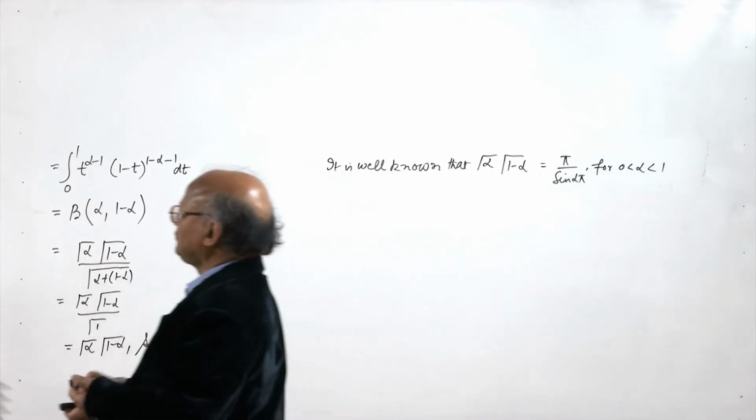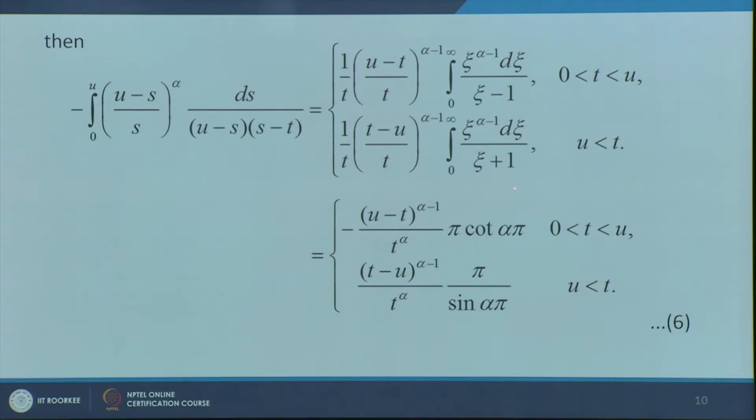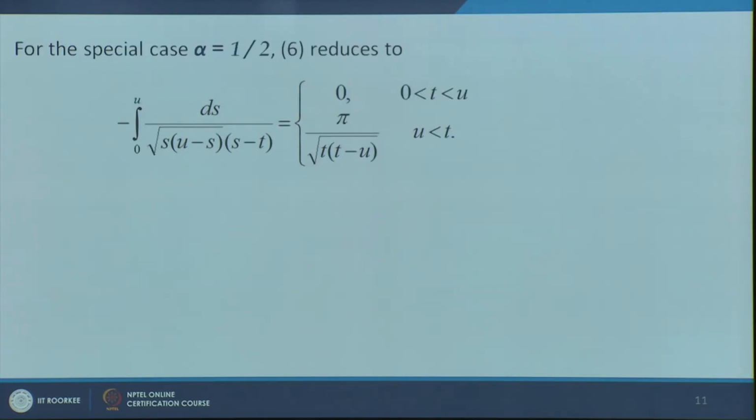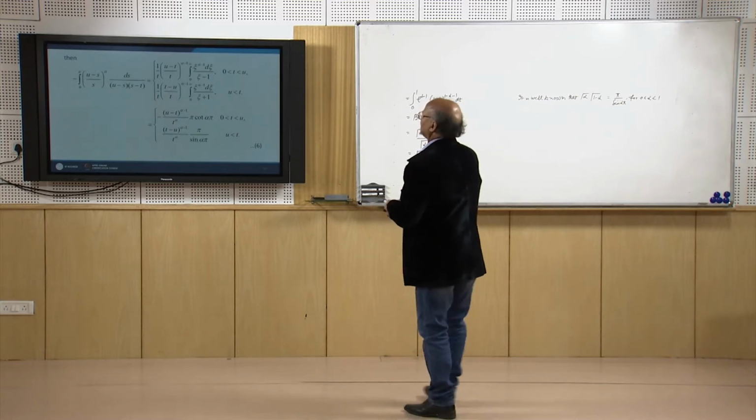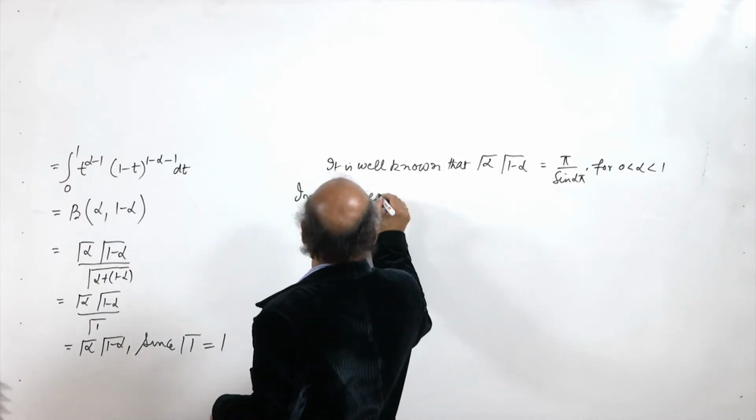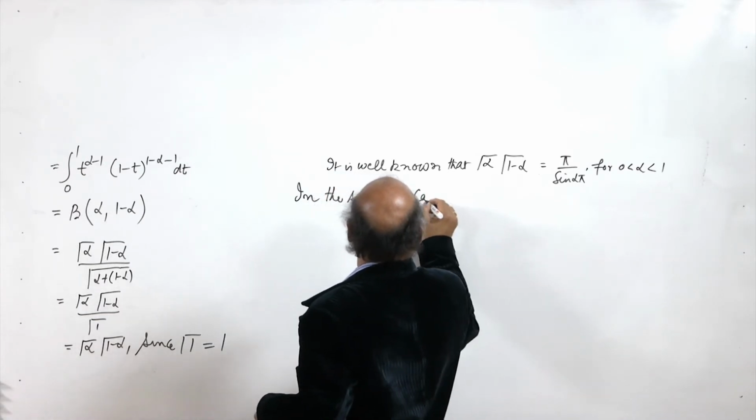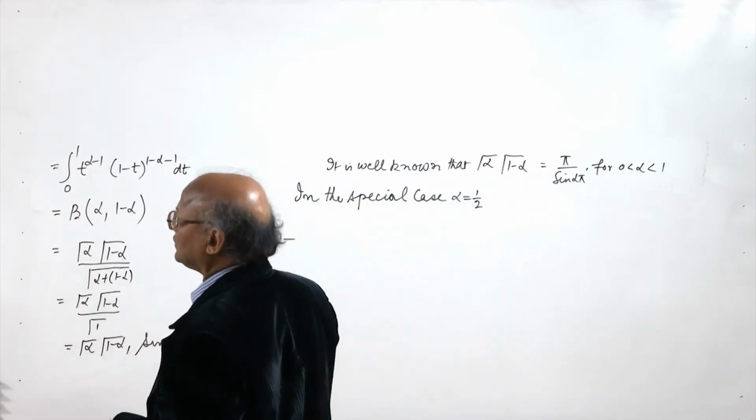So the integral 0 to infinity ξ to the power alpha minus 1 dξ upon ξ plus 1 is pi over sin alpha pi. Similarly, we can find the integral 0 to infinity ξ to the power alpha minus 1 dξ upon ξ minus 1, and get pi cot alpha pi. Now when we take the special case alpha equal to half, what will we get? So in the special case, alpha equal to half,